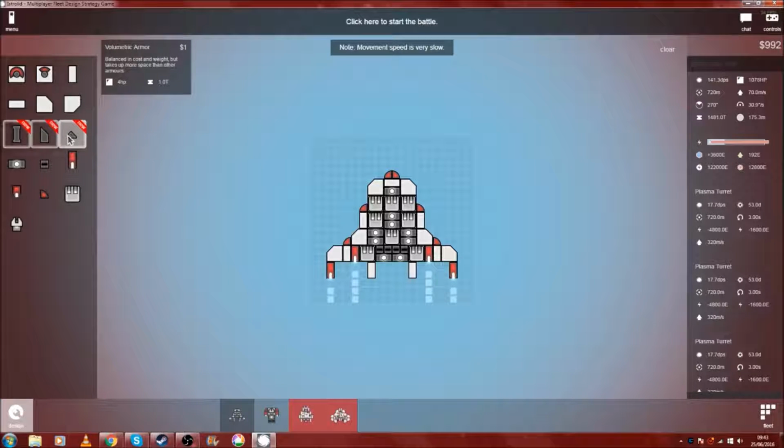Right. Let's change this a bit. That doesn't look good there. What shall I do? What shall I place? Let's place these up here. And then get rid of these. Place that there. Get rid of these. Place this here. Actually, no, hold on. Place these here. Place these up there. And then place